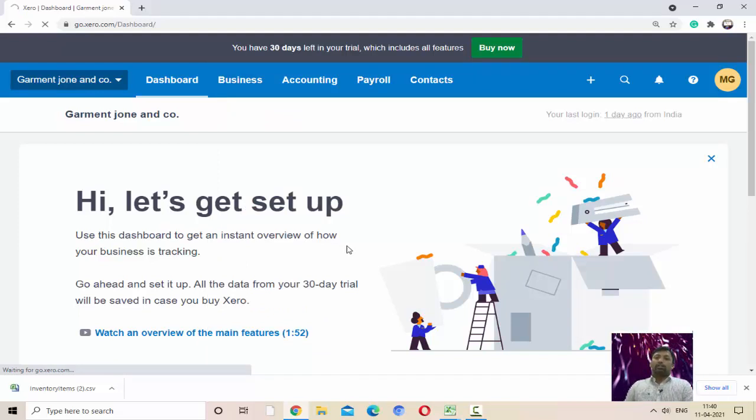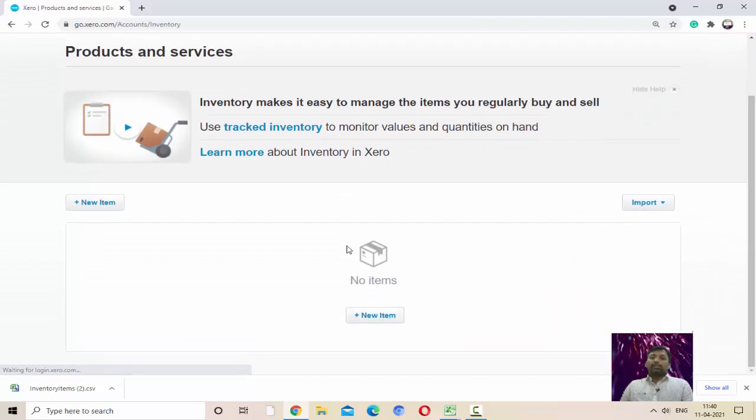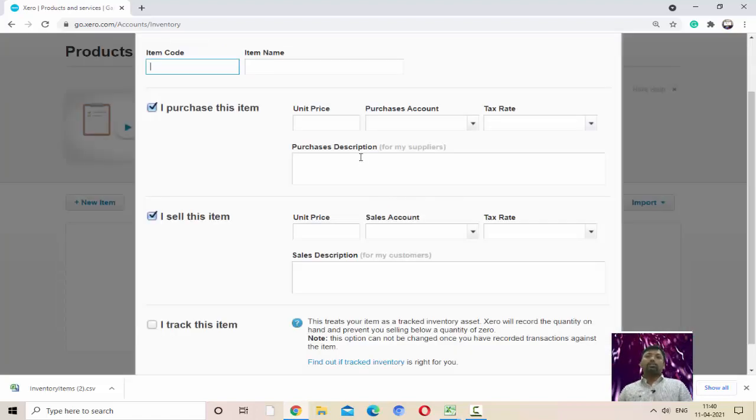When you click on this option, you will see there is no item already created, because I have just created this company right now. So if you want to create the item, click on this button, new item. Click here to create the new item. You will see the window of item creation is open, and enter the code of the item, like 252060, and enter the name of the item which we are selling, like shirt, man shirt.